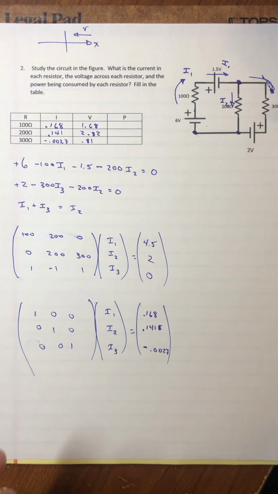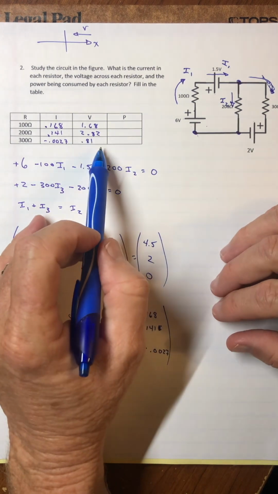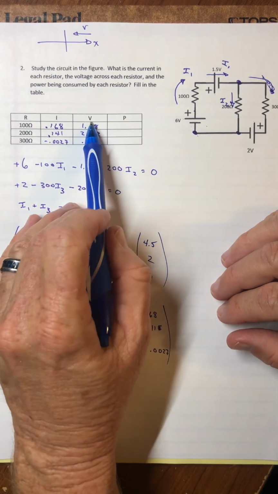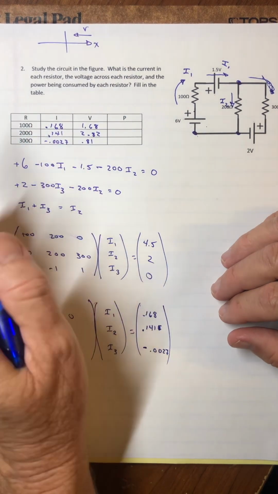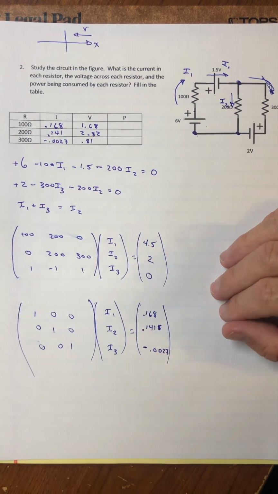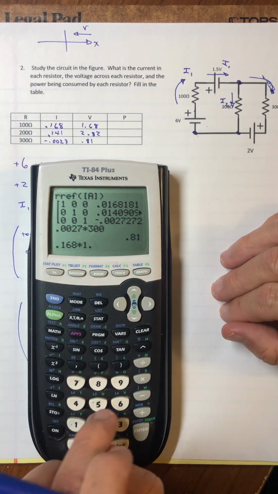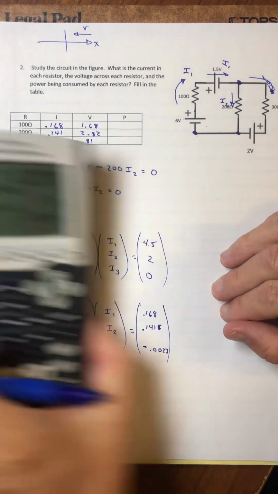So there's the voltages. Now to get the power, again, we have all kinds of options. Current times voltage might be the easiest, but we could go V squared over R or I squared times R. But I'll just multiply those two together. So 0.168 times 1.68 gives me